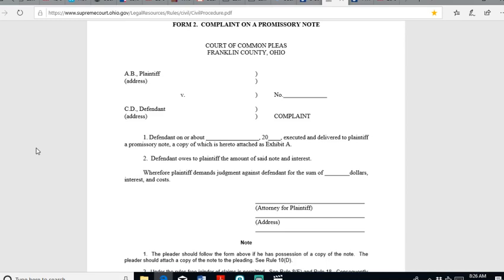And it doesn't have to be an affidavit. It can just be a statement, proof of claim. It could be a proof of claim in support of complaint, and that's where all your exhibits